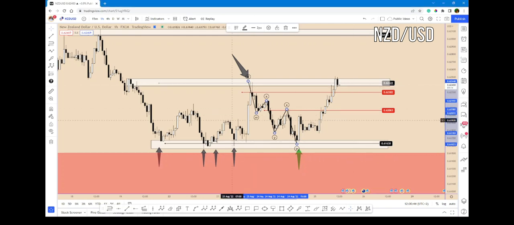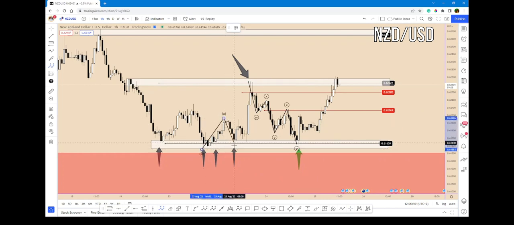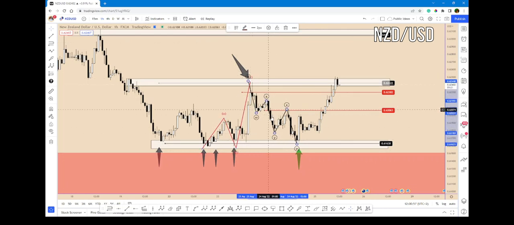Also, if you analyze the other parts of the structure, we can see that price made an ABC movement, a corrective one. It doesn't mean that the movement that came down in 5 waves was impulsive. It can also come as a corrective movement, as we can see, but it depends on the confluence zone where we are collecting the data. And from this area, price made the movement from which we initiated this trade, and it continued to move higher. As you can see right now at this point,